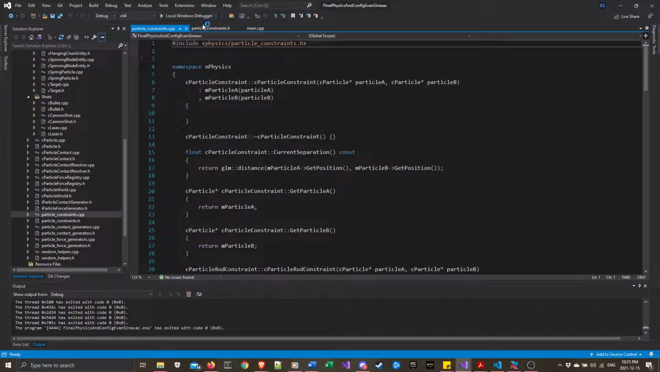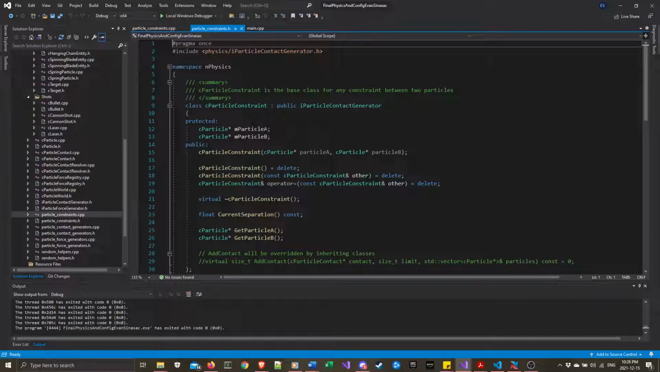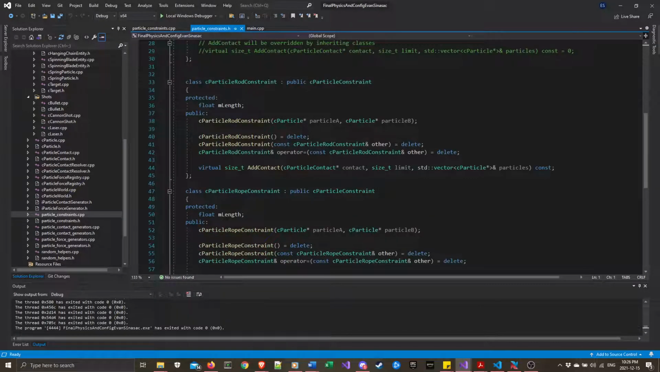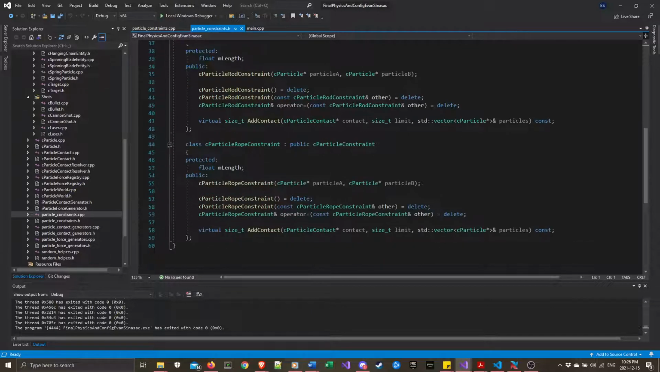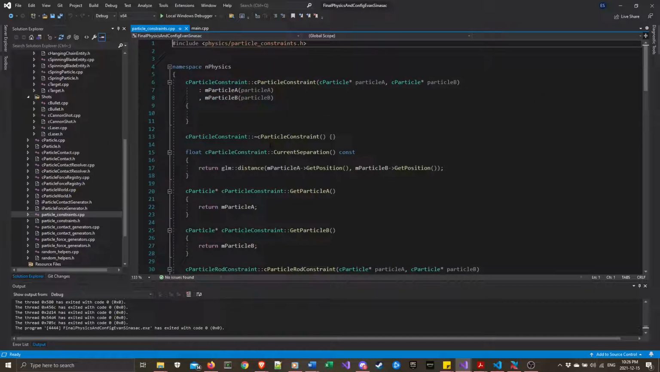Particle constraints. So we had the particle constraint. Right. Rod constraint, which we also did in class. And I added a rope constraint, which basically behaves exactly like the rod, except